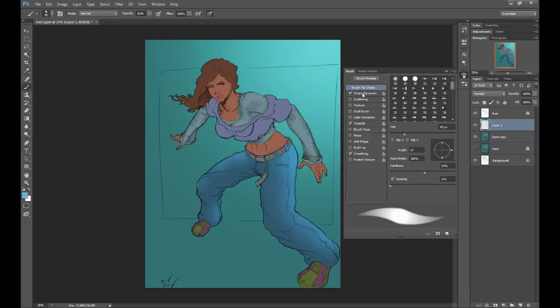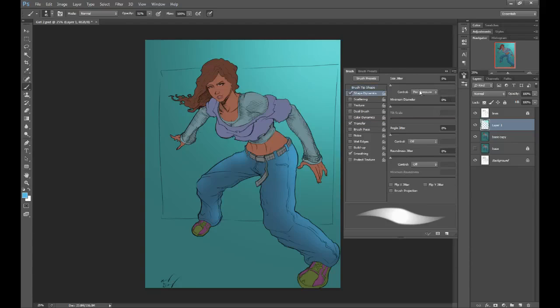Come into Shape Dynamics, right here. Make sure that minimum diameter is set to 0% with pen pressure controlling it. Then come down to Transfer, and we're going to make pen pressure control this. And what that means is, see how the edges down here filled back in to full color? This is kind of like playing with your opacity,